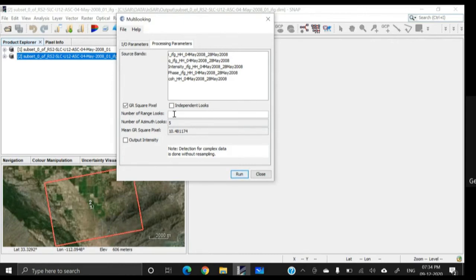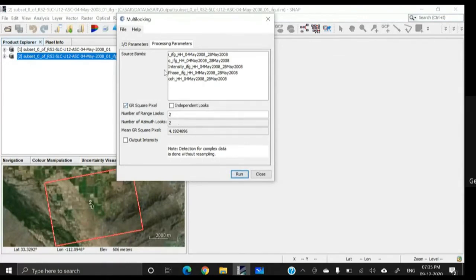Anyway, we are giving value 2, and as I told you, this process is not mandatory. Since the image is already in the ground range plane, this averaging is not mandatory, but definitely if we average a few pixels, then the noise can be reduced to some extent.